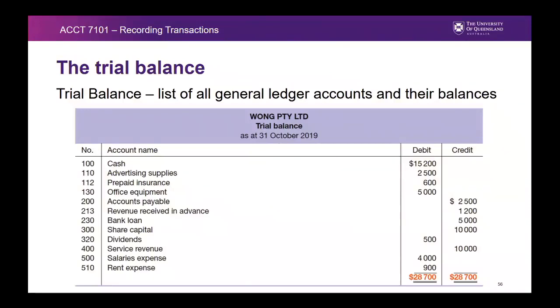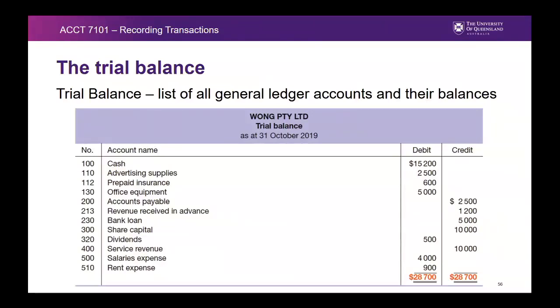So all those closing balances, if they're a debit, they're in the left column. If they're a credit, they're on the right column there. And then we add them all up, all the debits and all the credits should equal each other. So this is fairly mechanical in the sense of once I have my closing balances in my ledgers, I just take that number and I put it in the debit or credit side and write out the name of the